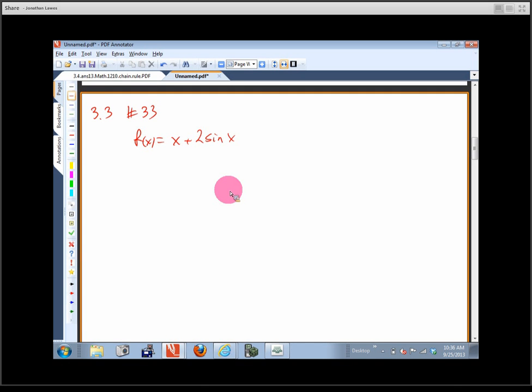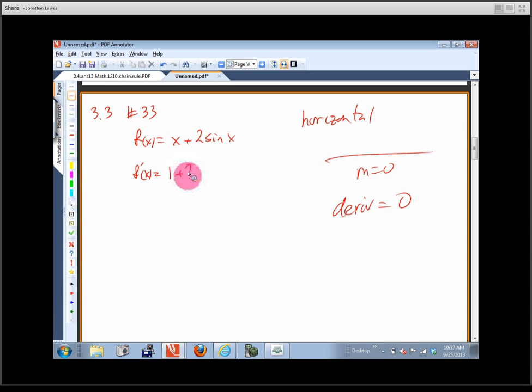So on this problem, it says, for what values of x does the graph have a horizontal tangent? Well, let's think about horizontal for a second. For some people, depending on how long it's been since you had a basic algebra class, horizontal, like this, slope would be 0. So in other words, we want the derivative to equal 0. So let's find the derivative. In this particular case, f prime is going to be 1 plus, this is just going to be 2